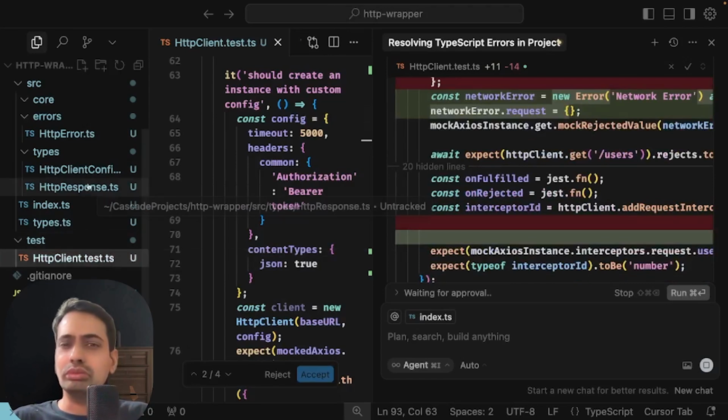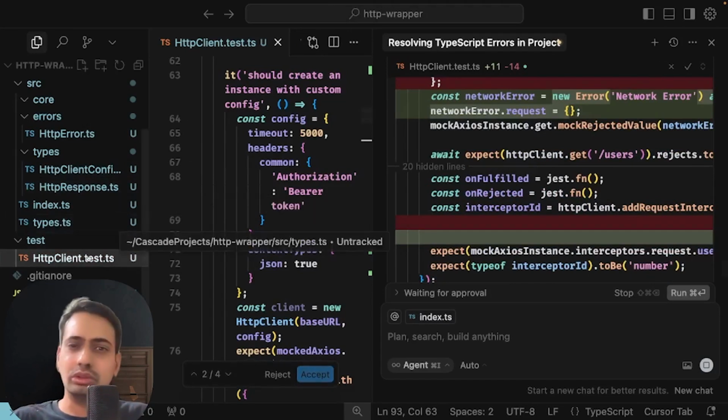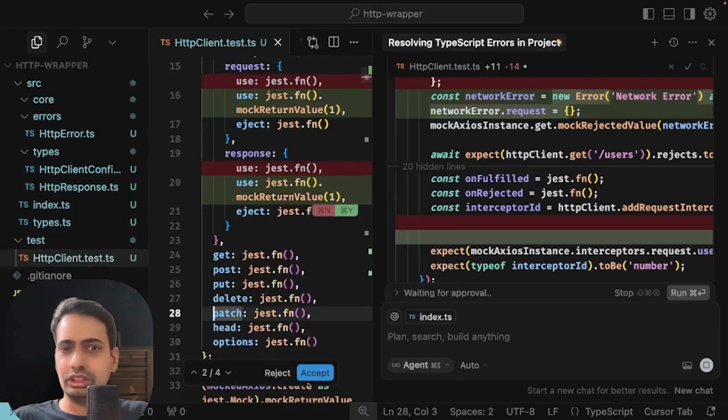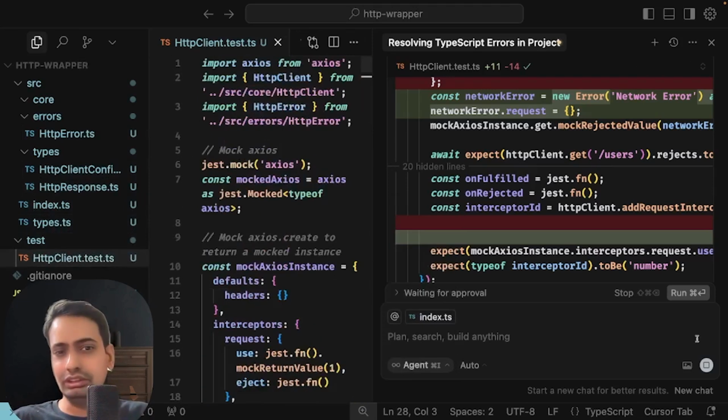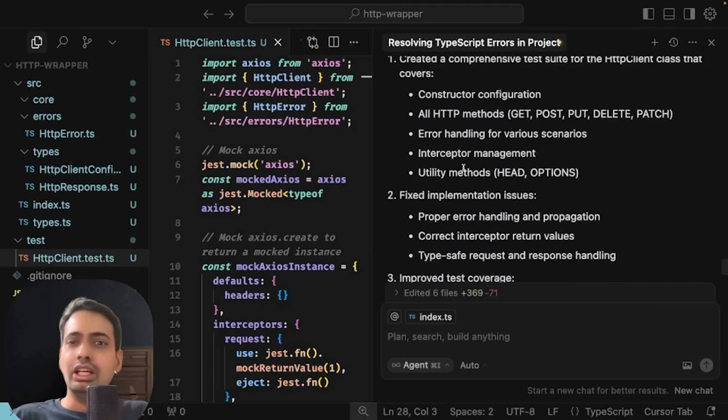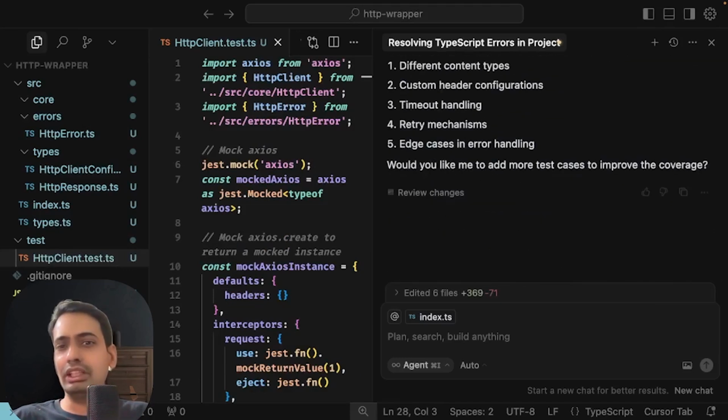So while running the test case, it will also get a number, type number, because the mock response value is a number. So now it should match with the expected, and we will run the command npm run test. It is passing. Now this is the HTTP wrapper command. We will also ask